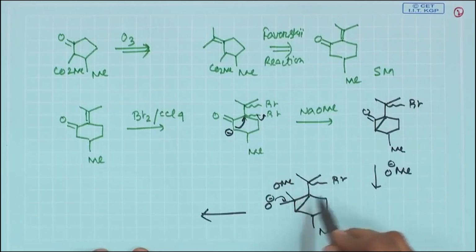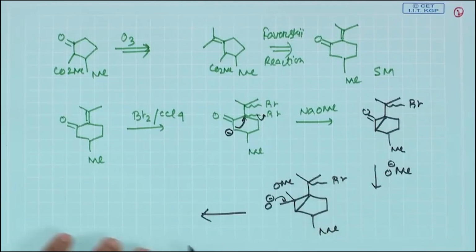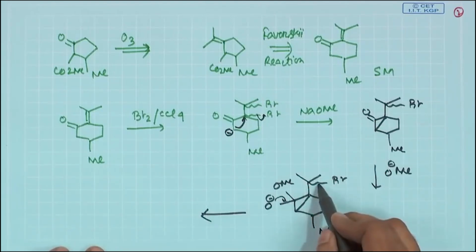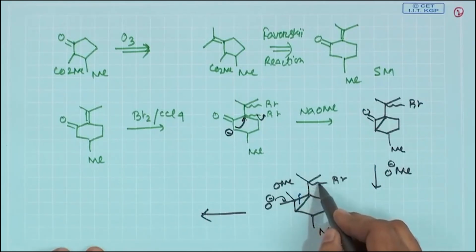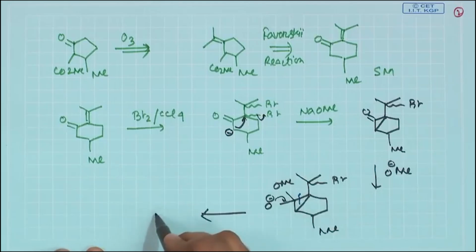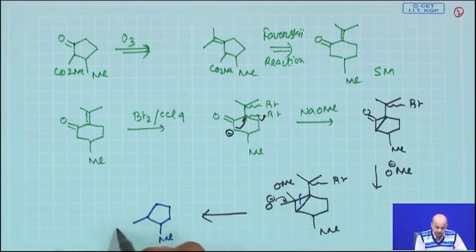But if it cleaves in this bond, you get a negative charge here, and this negative charge has a bromine in its adjacent position. Bromine is a good leaving group, all of you know. So, this is a modified Favorsky reaction. Whenever you are having a leaving group, the ring cleavage now takes place. So, you will try to put the cyclopentane in this way, the methyl is here, and after this cleaving it basically gives you